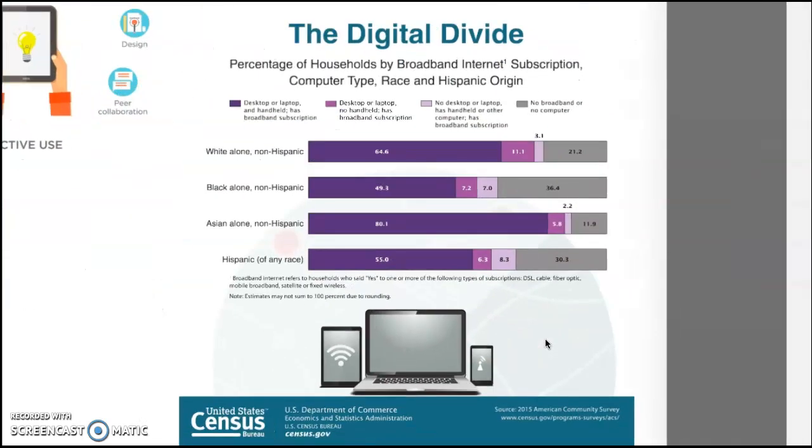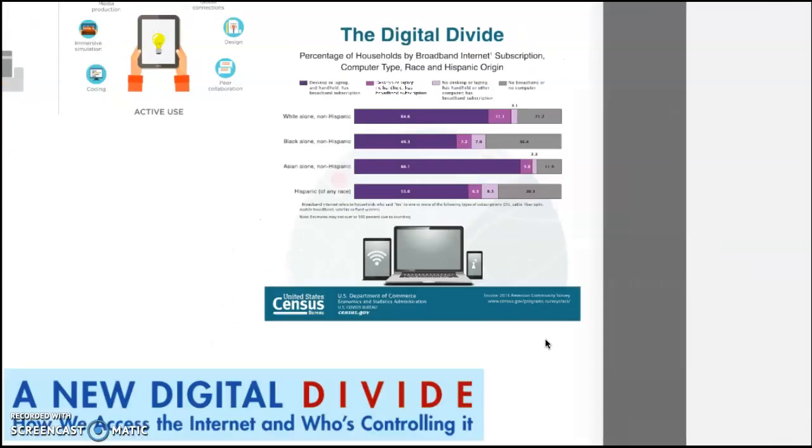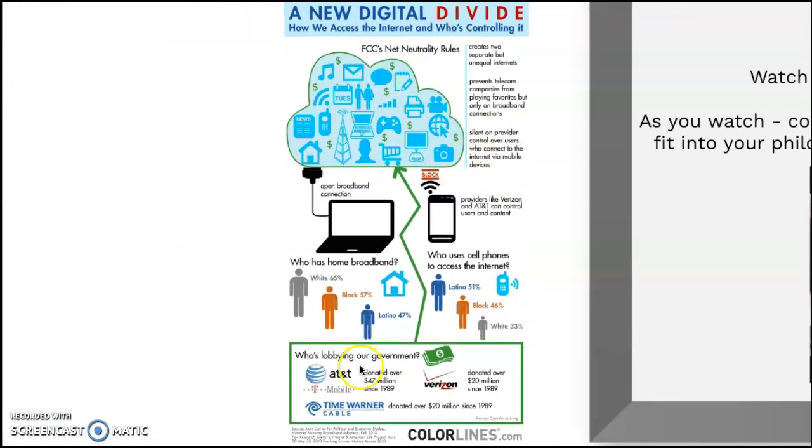Another way to look at the digital divide here, and this U.S. Census provides a large number of these data analysis infographics, but this breaks it down by race and Hispanic origin, computer type, and broadband internet. And so you can see the differences that exist along the lines of the digital divide. And lastly, here's another infographic for who has home broadband, who uses the cell phones to access, and then a consideration of when we think about access to the internet